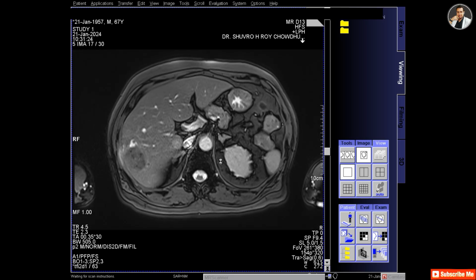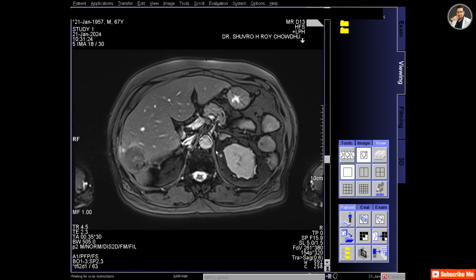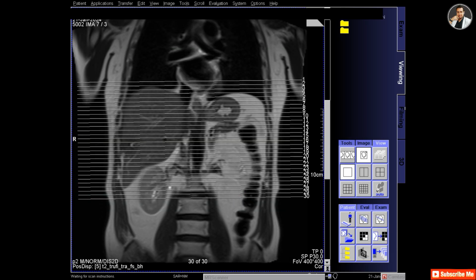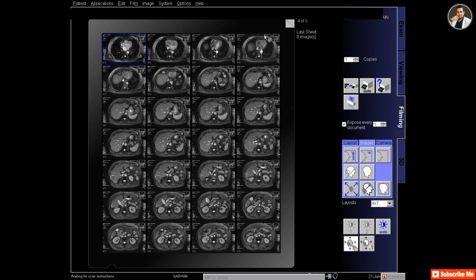This is T2 TrueFISP fat-sat axial. To print this, select the series, send it to the filming by clicking copy to film sheet, and also find the reference image and send it.